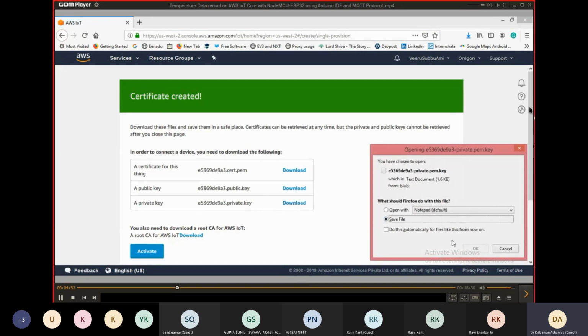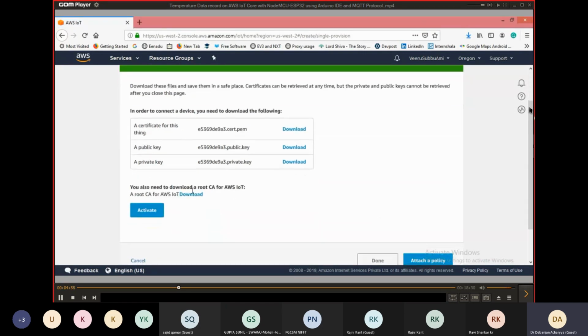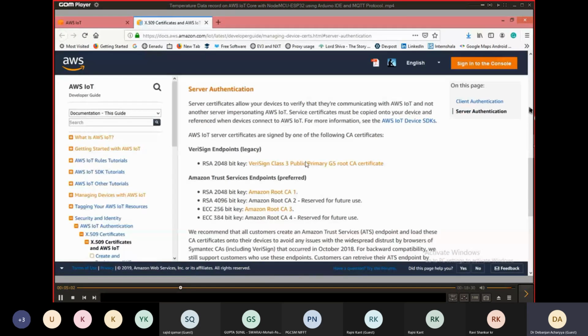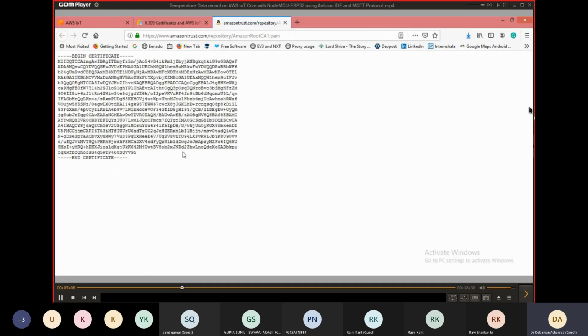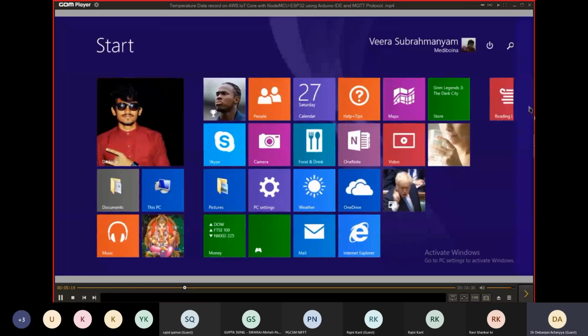So download this also, and you also need to download the root CA for AWS IoT. There are three keys, but we will download only one, that is Amazon Root CA1. So this is the certificate, and you just copy this and open an MS Word file.